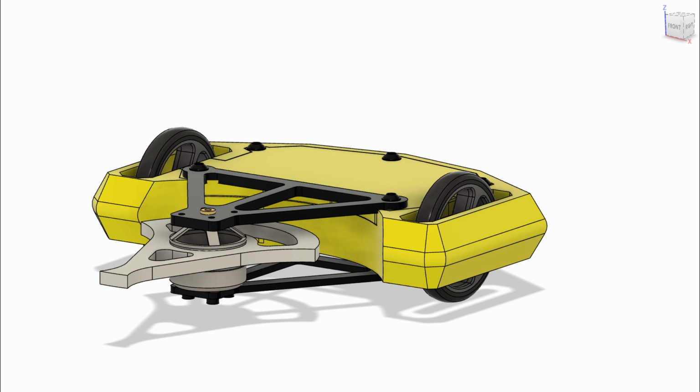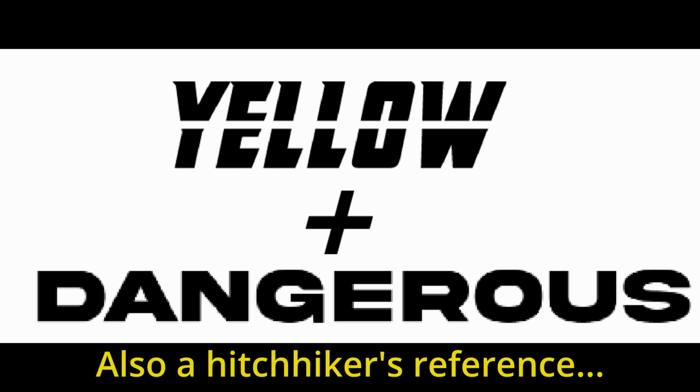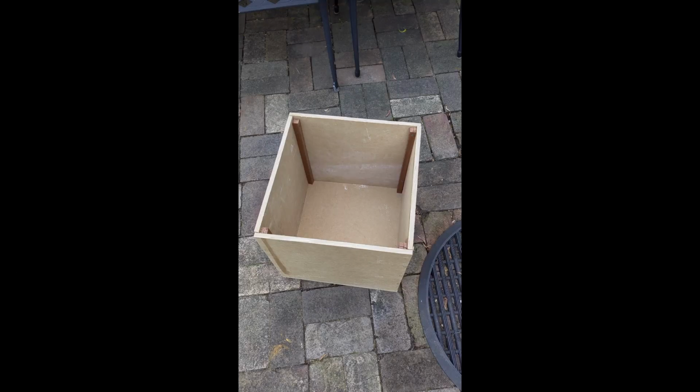Assuming Fusion's mass projections for the weapon and carbon fiber panels were on point, I would be just underweight. The robot was given the optimistic title of Yellow and Dangerous, as it was to be printed in yellow filament and would hopefully be quite dangerous. With the design ready, parts were ordered, and my attention turned to other things while I waited on delivery. One such thing was the need for a test box to safely test the bot before competition. The chassis was printed and weighed, components were soldered,